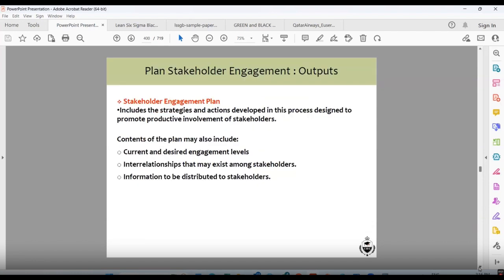A stakeholder engagement plan includes the strategies and actions developed in the process designed to promote productive involvement of the stakeholders. Content of the plan may include current and desired engagement level, interrelationships that may exist among stakeholders, information to be